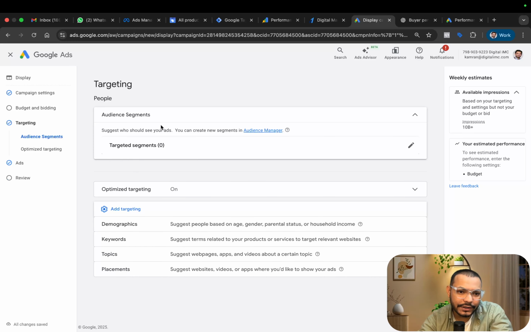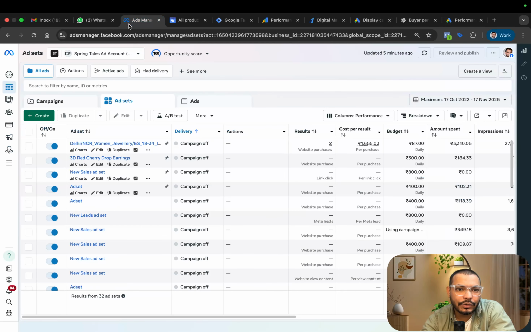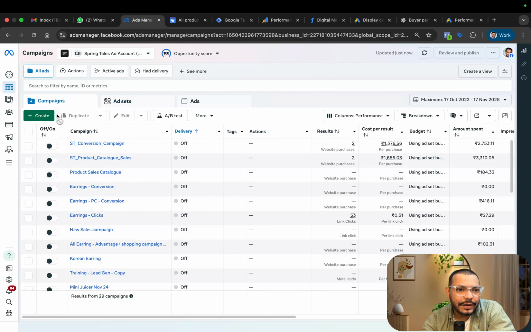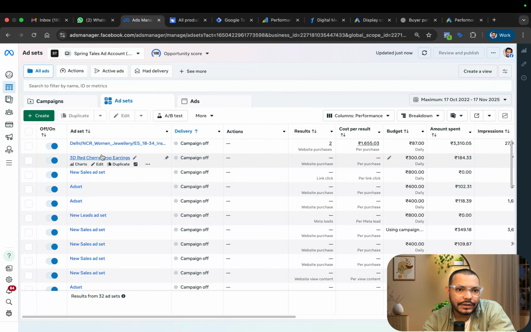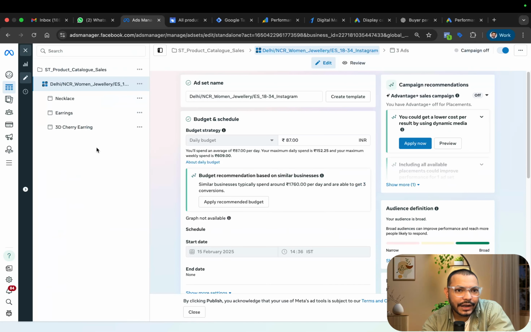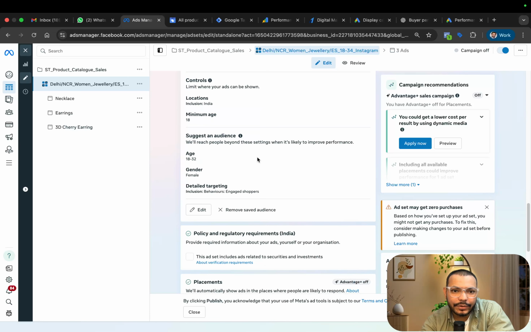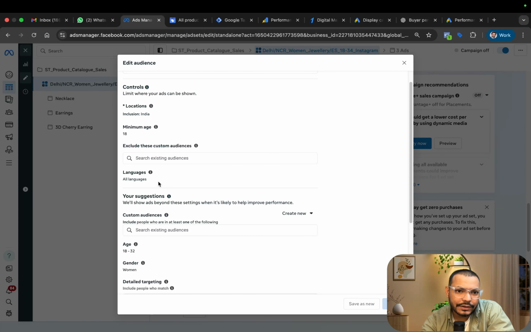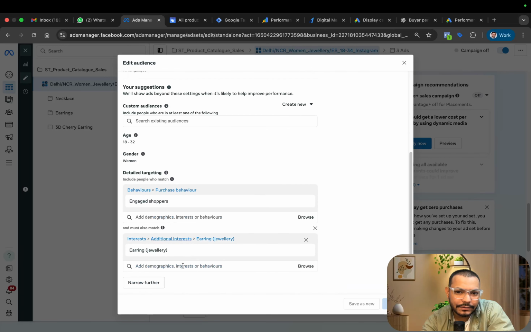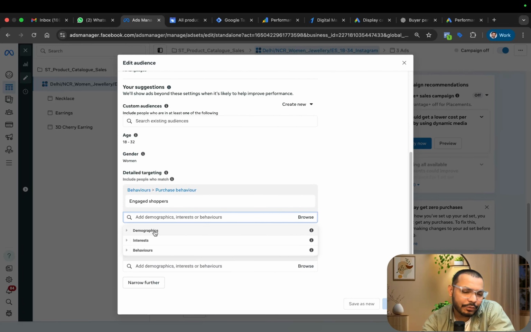Yeah, the first one was audience. Then we have these 4 targeting. So in total, we have 5 different targeting methods. On Meta, which is available over here, we again have different targeting methods which are available in the ad sets. So in ad sets, we have to target people by their demography. These are the options. So, demography, interest, or behavior. Again, different ways of audience targeting.